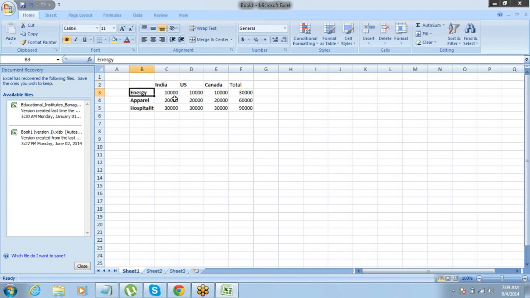This is called a matrix report, where you have 2 axes. One will be vertically, the other will be horizontal. Okay, so if you have to do the grouping based on 2 criteria, one you can put vertically, the other you can put horizontal, and this kind of breakup you can get. So total for this